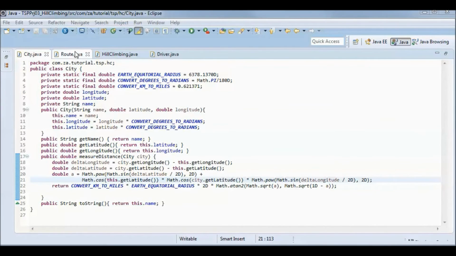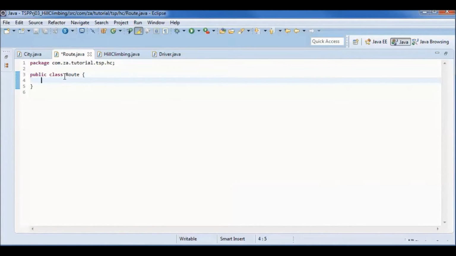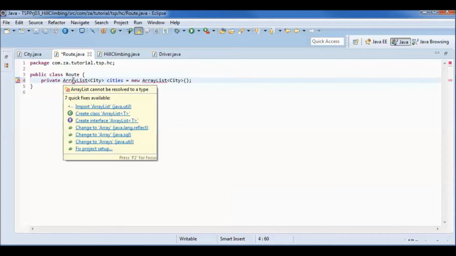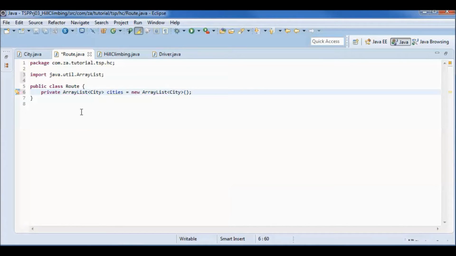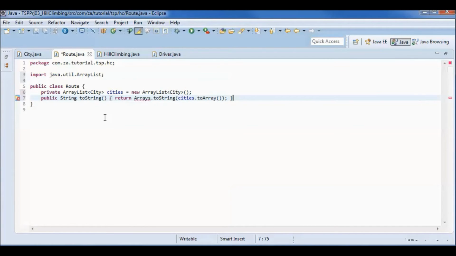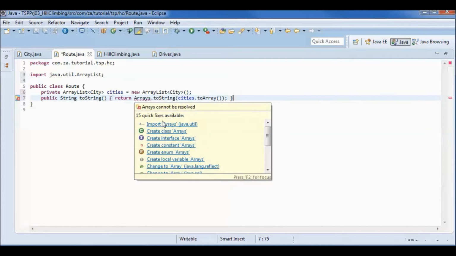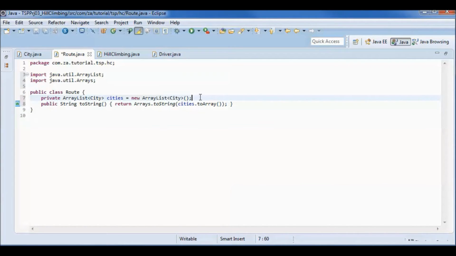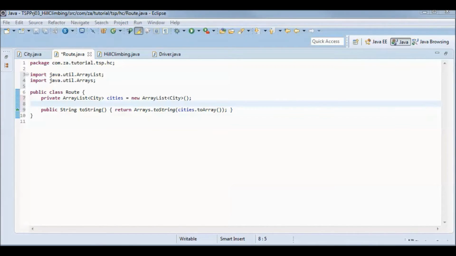Now going to the route class, it will have an array list of cities in this route and a toString method that prints out those cities, and two constructors.